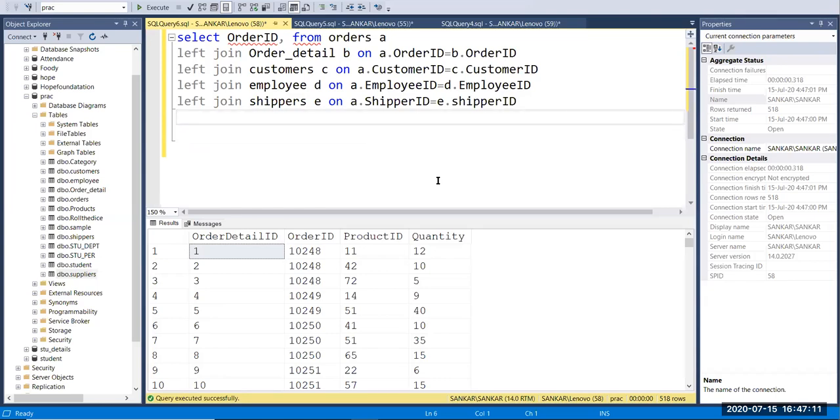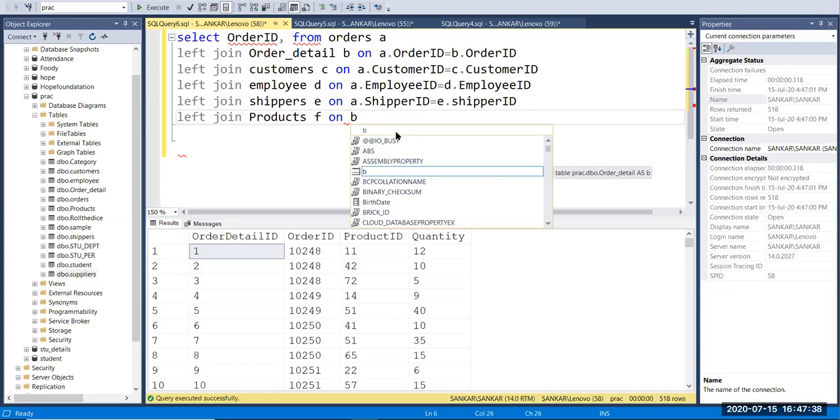So now you can connect your product table into your order detail table. Okay, so just give left join. And instead of left join you can use inner join also, right? And here I'm going to connect product F on that. In the order table, the order detail table is B, right? So here you have to give B because the product ID is in the B table.